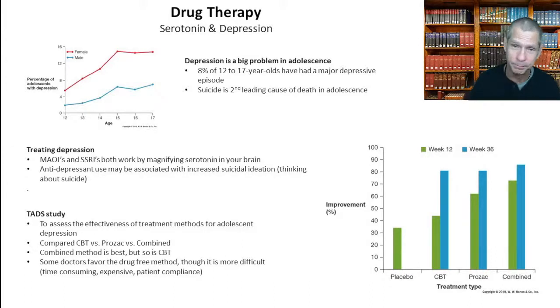Now, if you look over here, this chart right here looks at the data from the TAD study, which compared the effect of cognitive behavioral therapy and different antidepressants in treating people's mood disorders. Now, if you look over on the y-axis, it says improvement percentage. Basically, this improvement is not a physiological measure. It's a self-report. Remember, we talked about self-report and projective tests. This is a self-report of one's mood.